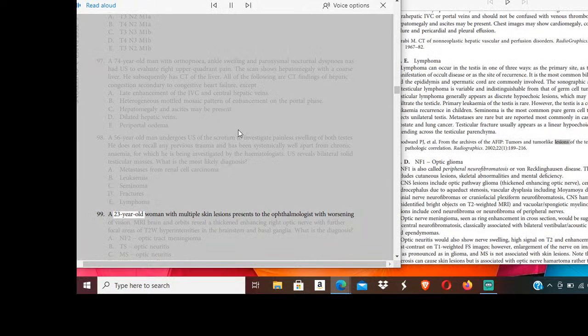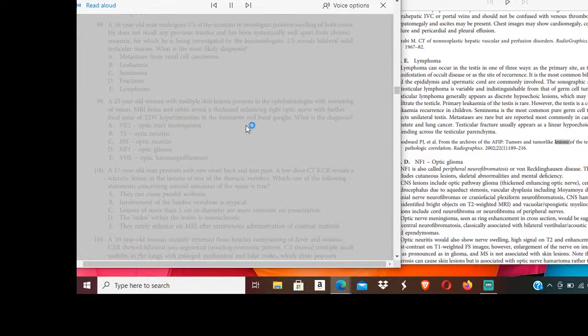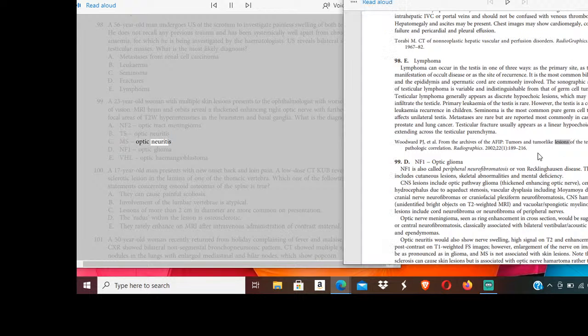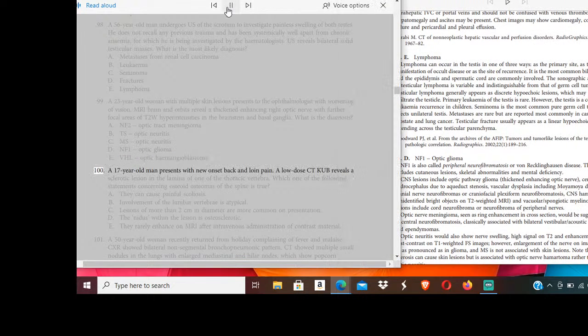99. A 23-year-old woman with multiple skin lesions presents to the ophthalmologist with worsening of vision. MRI brain and orbits reveal a thickened enhancing right optic nerve with further focal areas of T2W hyperintensities in the brainstem and basal ganglia. What is the diagnosis? A. NF2 optic tract meningioma. B. TS optic neuritis. C. MS optic neuritis. D. NF1 optic glioma. E. VHL optic hemangioblastoma. 100. A 7